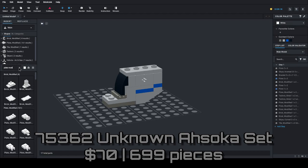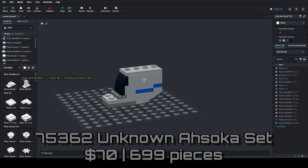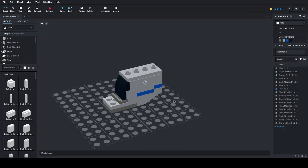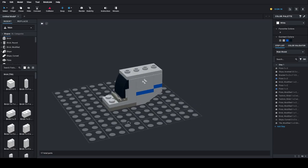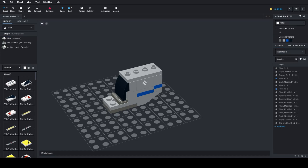75362 is an unknown Ahsoka set. It's going to be $70 and have 699 pieces in it. We will know more about this one when the show comes out in early May this year, but really too early to speculate, and we don't have any pictures or anything of this one. So, set